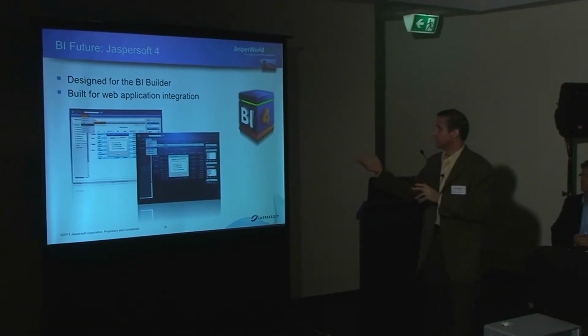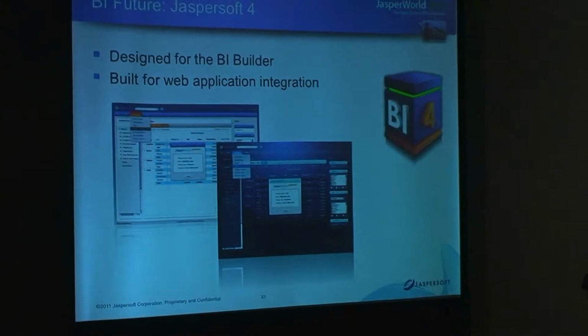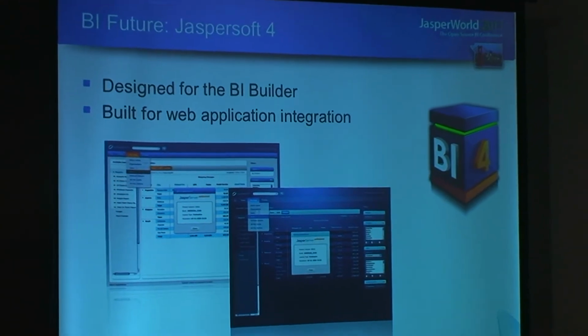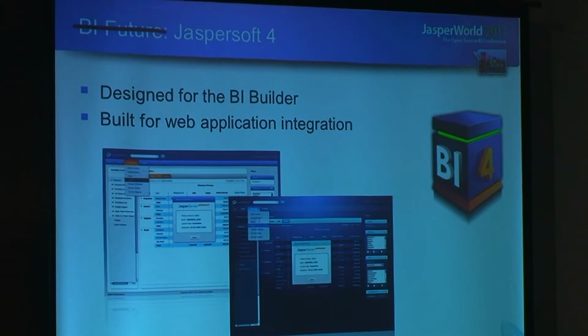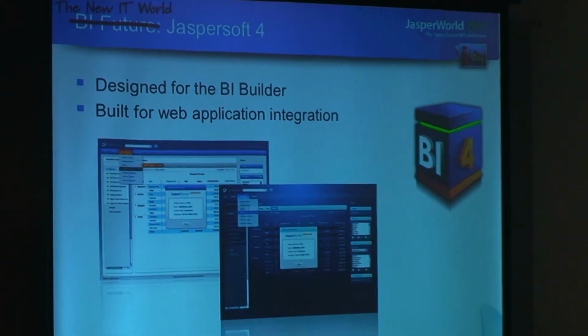We've essentially redesigned the upper third of the architecture to be easily customizable in a way that allows a BI builder to make Jaspersoft 4 into their BI with ways and skills that are far easier than anything you've seen in the past. So it's designed for the BI builder and designed for this web application of the new IT world. We're very proud of what we've done, and we will be able to iterate and improve on Jaspersoft 4